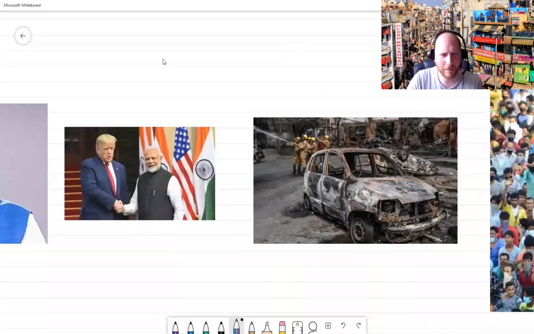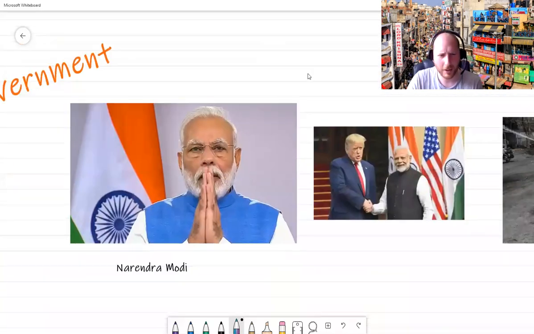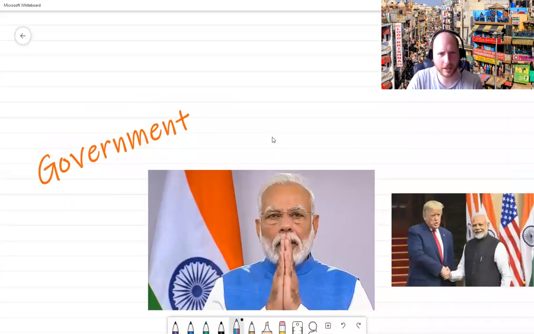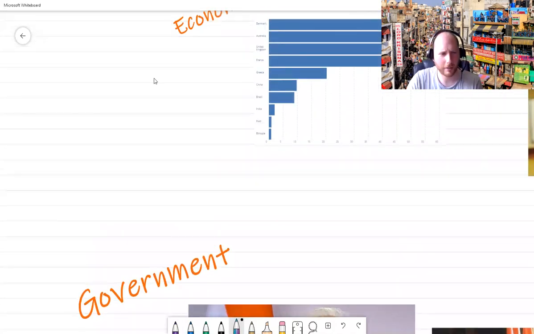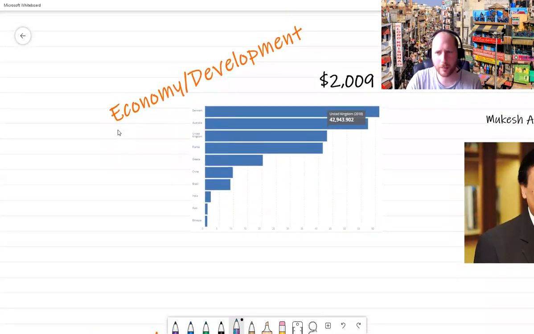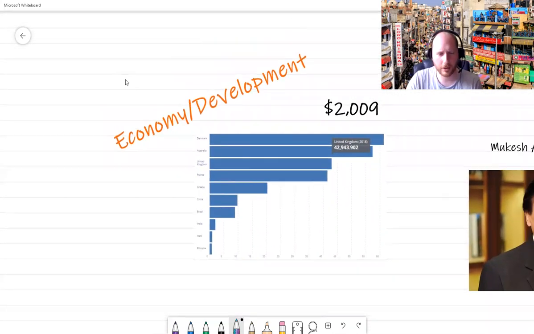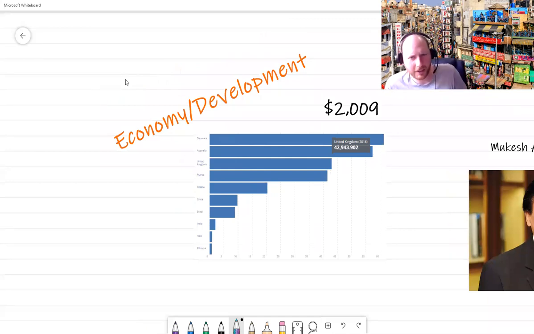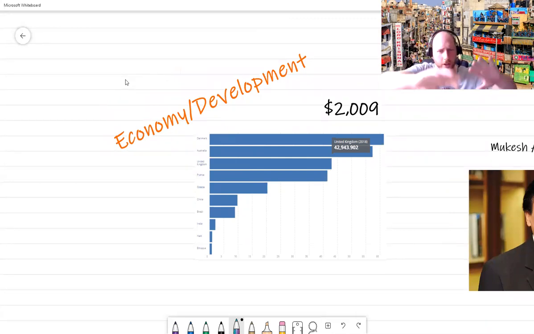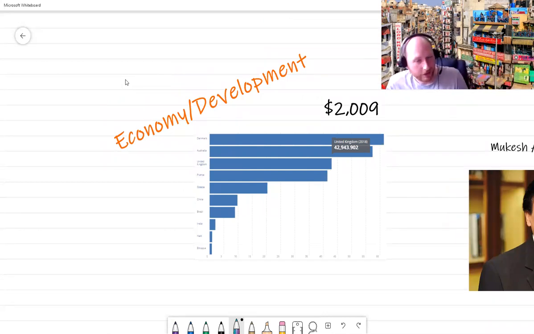So, yes, the government, the biggest democracy in the world, led by Narendra Modi at the moment. Now, let's see, where does it fit? This is the bit that we've all been waiting for. The GDP per capita. Woo! So, if you're not sure, and I say it every time, but hey, who knows who's new today? The GDP per capita is where we take all the money that a country makes, all the jobs, all the people, all the money, we put it into a great big pot, and then we divide it out amongst the people in that country. So with India, there's actually quite a lot of money made. There are some incredibly rich people, as we'll see in a minute.